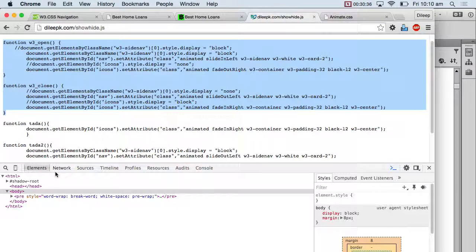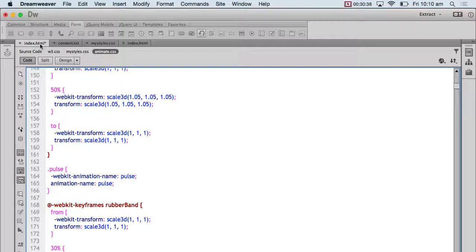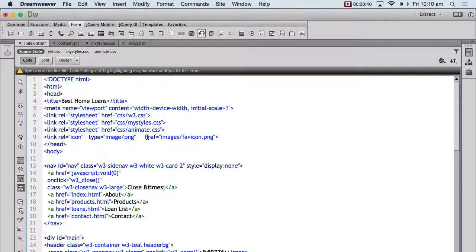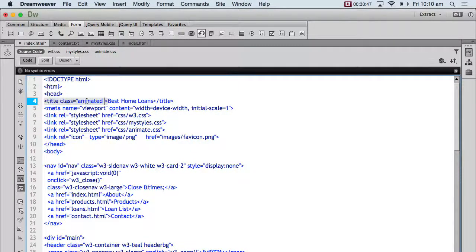For example, just to show you, if I was to come here and say title class equals animated pulse,